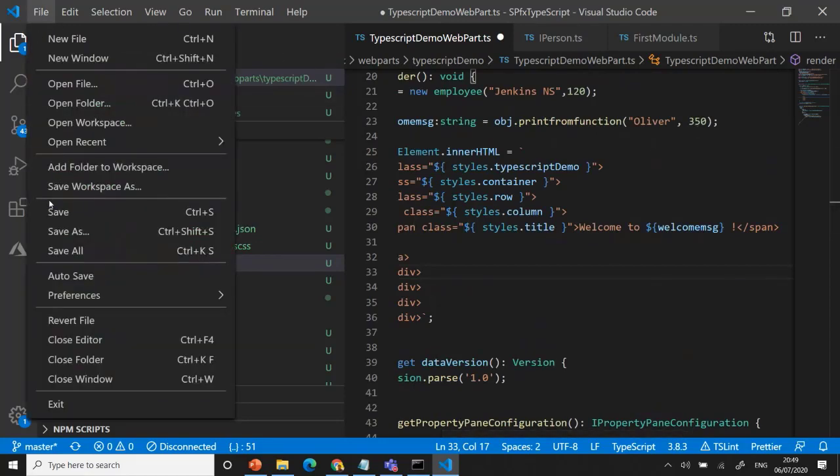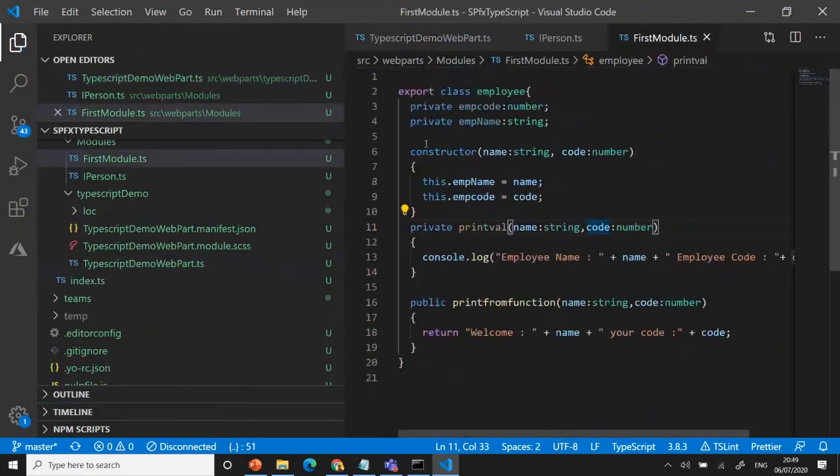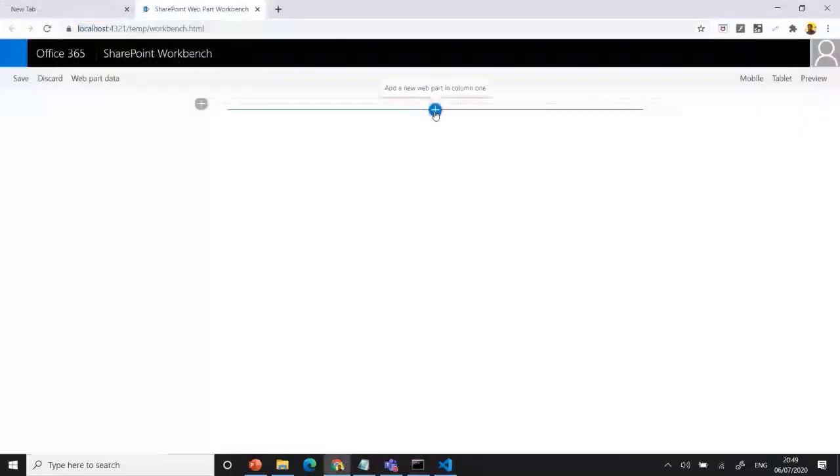I'll save it. Now, what I did is you have a class. It's written two things. One is in the console and one is in the web part, right? If you want a console or you want to make this return, you need to send the data or maintain it somewhere and you can get the value here, right? I'll just compile again. It's already compiled. Okay, we have that web part. You can go here. You can see welcome.